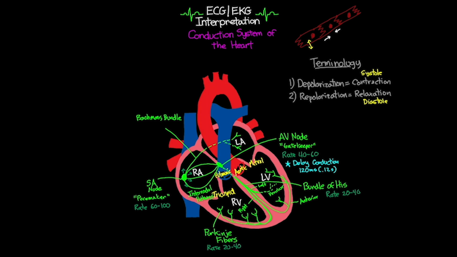And after that delay, that signal is going to go out into the bundle of His, into our left and right bundle branches, our left branching into the left posterior fascicle and the left anterior fascicle. And from there, it's going to carry out into those Purkinje fibers and get to all the parts of the ventricle very quickly in the right timing and right order to cause that organized contraction, ejecting that blood out the ventricle into either the pulmonary circuit to go to the lungs or into the aorta to go out to the